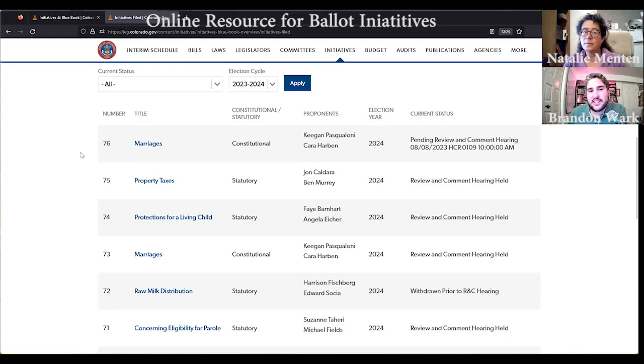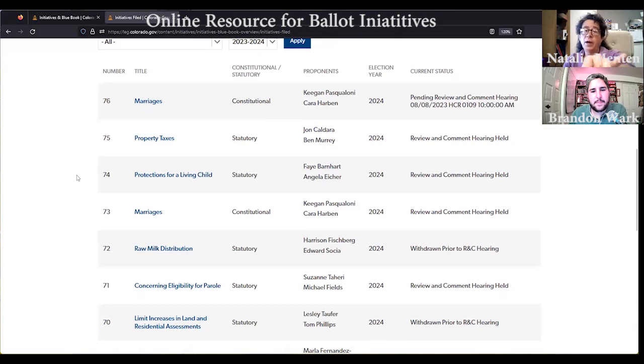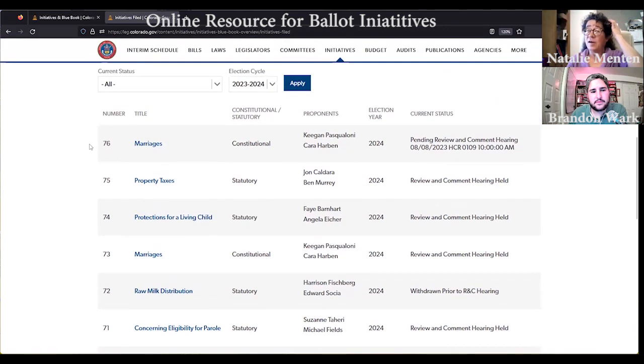So obviously not all 76 of these will be on your ballot that you have to be concerned about, but it's a very interesting resource to see what people are doing out there. Whether these are lobbyists, out-of-state special interests, maybe liberty activists, people who are getting involved in the process to get something on the ballot. Really good resource for that. Yeah, and one thing to point out too, real quick, with the 76 of these, the ballot process itself is really a 2-year period.